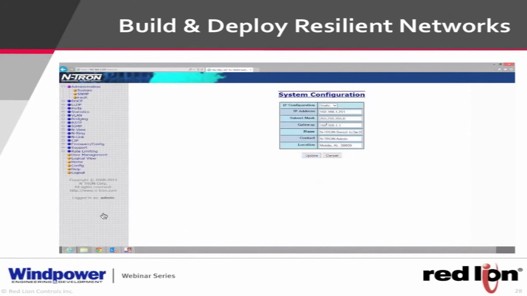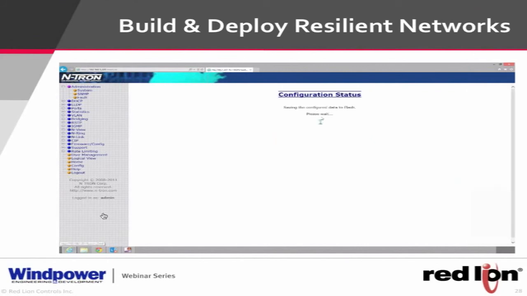The default IP address will get changed from 201 in the last octet to 203. I'm going to save it and reset. So just save the settings, and then it does a power cycle. Once it comes back up, I'm going to log back into it. The software in the switch is actually going to forward me to the new IP address,